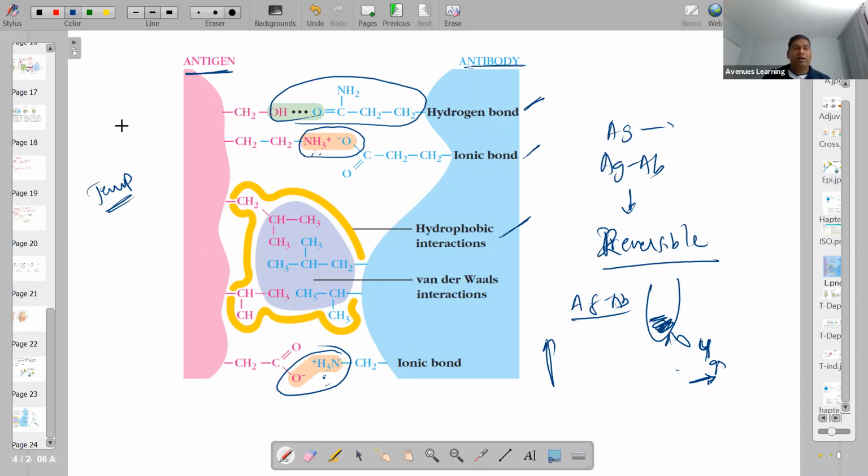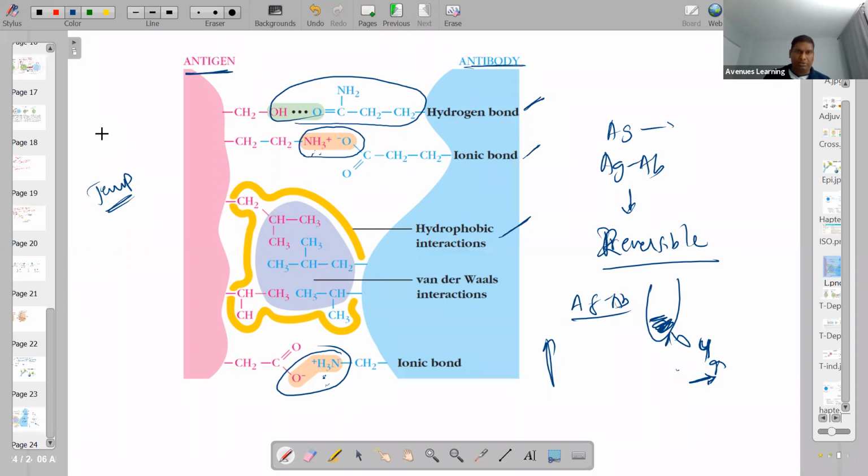You see how we discussed in the DNA, right? In the DNA, the two strands of the DNA are held together by hydrogen bonds, two hydrogen bonds forming between A and T, and three hydrogen bonds forming between G and C. Those can be easily broken, and the two strands of the DNA can be separated if you start heating the DNA sample. In the same way, the antigen and antibody can be separated because they are held together only